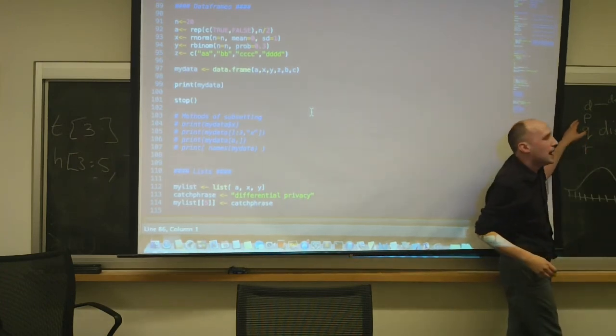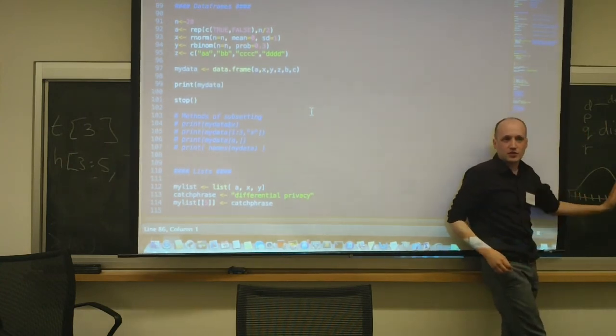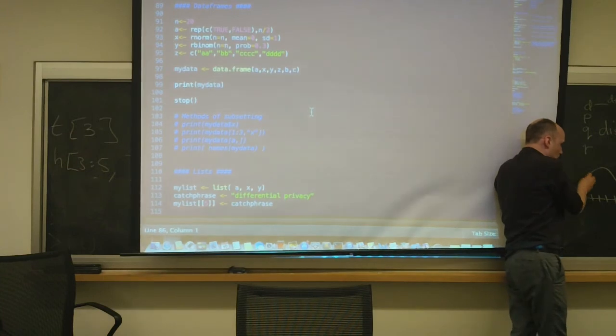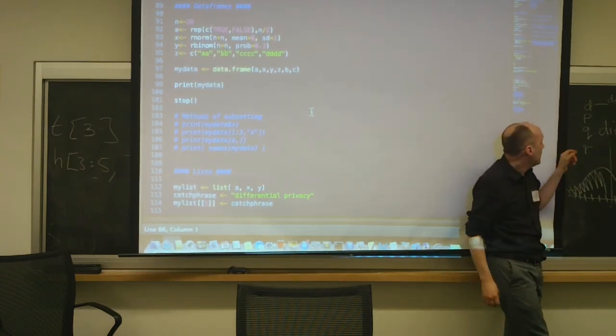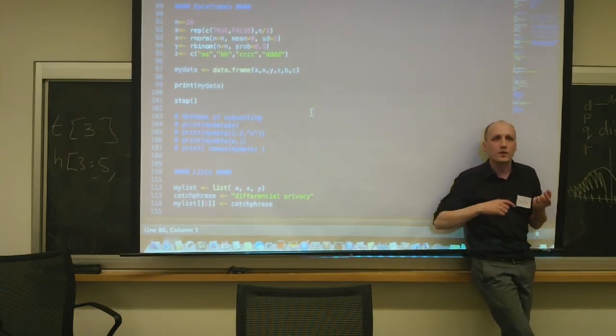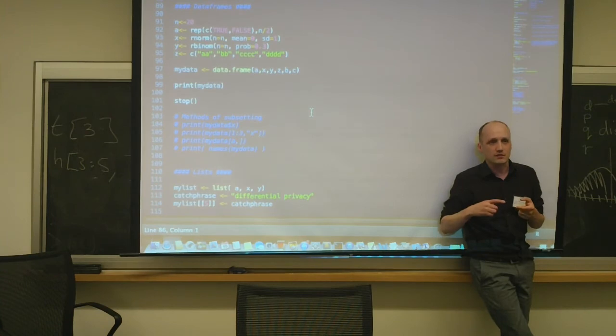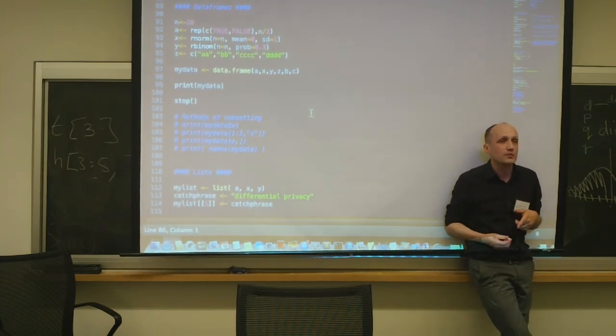P is going to tell me what's the integral of the distribution function. What's the sum of all of the area as I get up to some point. And Q is the inverse of the cumulative function, which is the inverse of the integral, which we'll see later is very useful if you want to take random draws yourself.